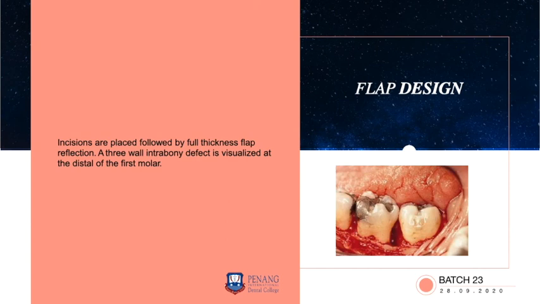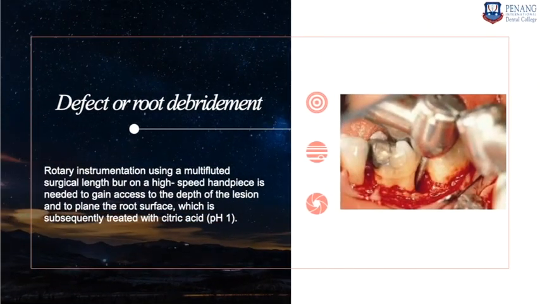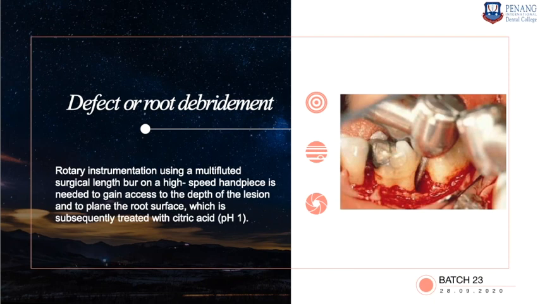Once the flap is done, you elevate a full thickness flap and see the intrabony defect. Visualize the bone and intrabony defect. Once you raise the flap, start with root debridement and bone debridement. Remove all the granulation tissue, do root planing, and remove the irregular borders of the bone, either with a curette, a high-speed handpiece, or a chisel. You remove the irregular bone and remove the local factors present on the surface of the root with the help of root planing.